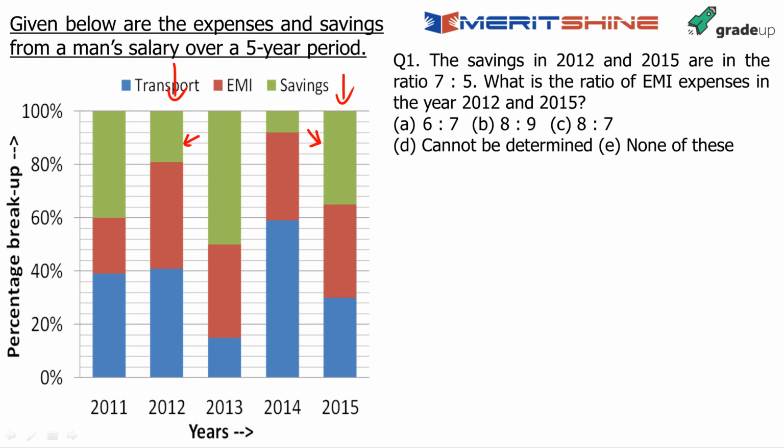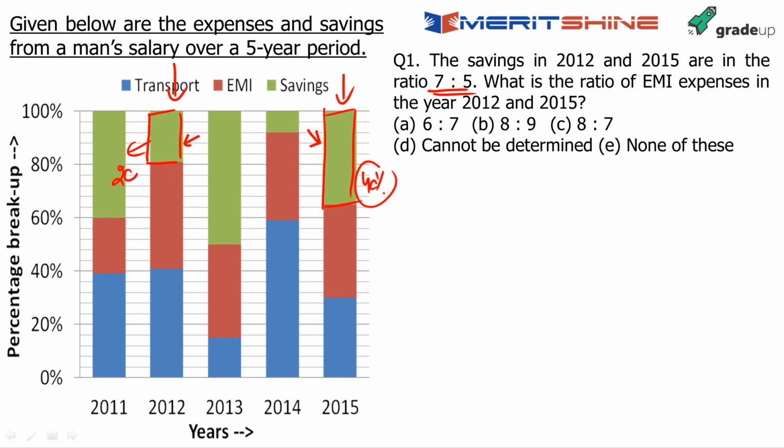Fine. What is this much? If you look at this, this ratio is 7:5. But this bar here, it's a smaller bar. We already know what this is. This is around 20%. Now I will not go to 19 and all. I just do not want to think about it. What I know is that this looks around 20. Fine, 20% of his salary for 2012. And what does it look like? This is much bigger. How much bigger? This looks like 40% of salary.